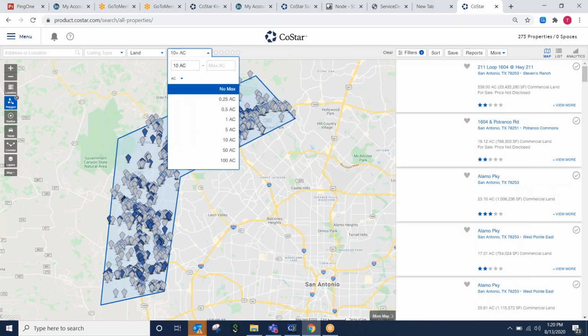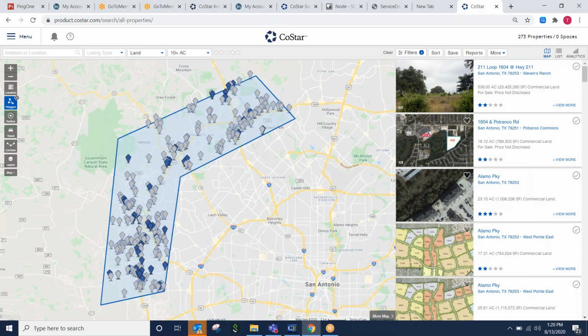Now, you're going to have 273 properties in this case that have come up. You can see that number at the top right. Of course, we still have the ones that are on the market highlighted in blue, but if you jump over into the list view,